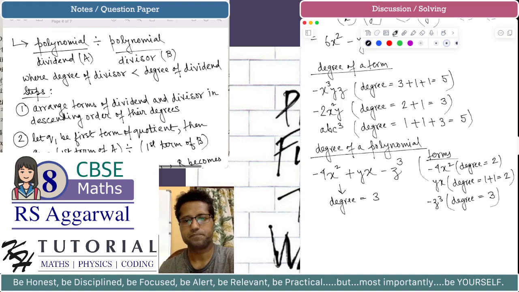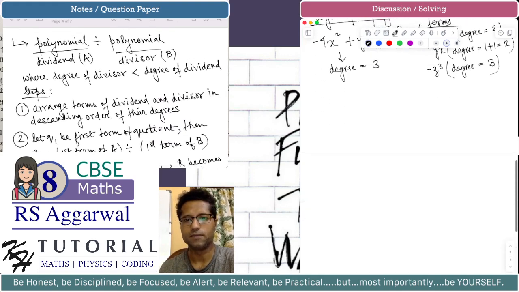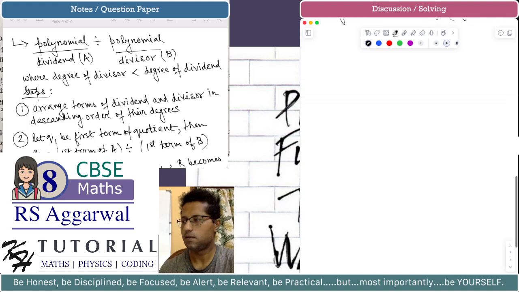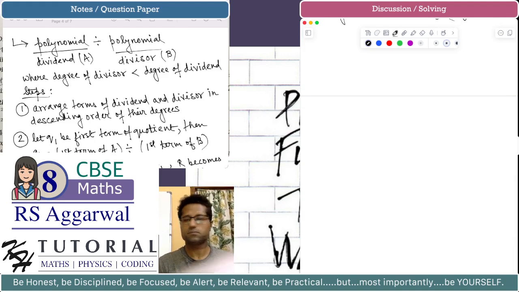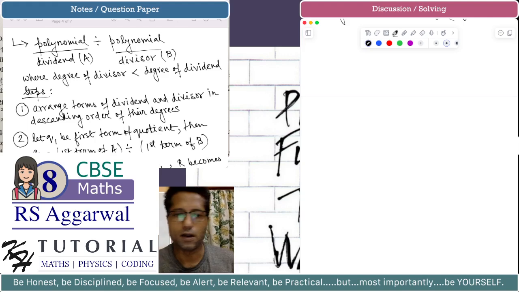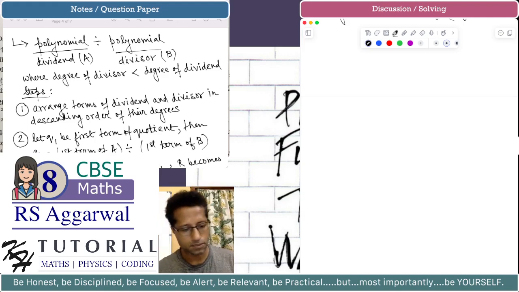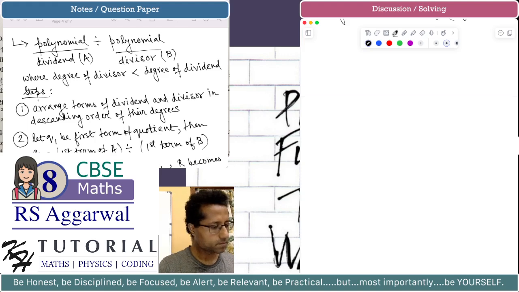So I will take a concrete example. Let me refer to a book and take a concrete example. I will take an example problem from the book RS Aggarwal to understand the concept of how we divide two polynomials using the long division method. Okay,